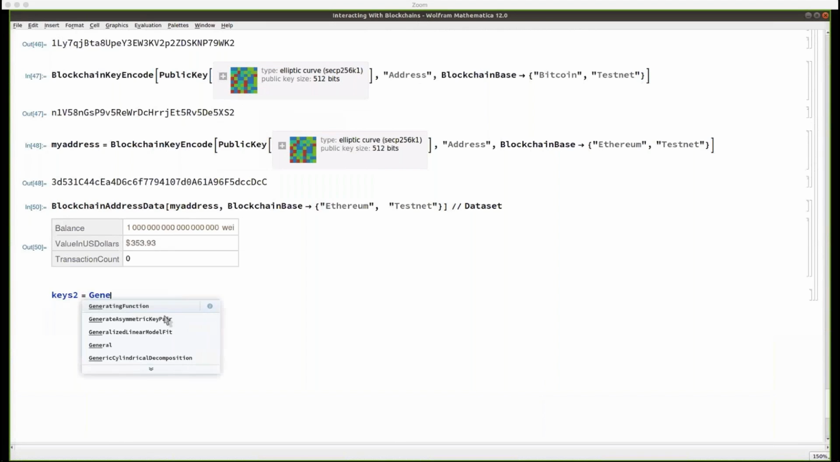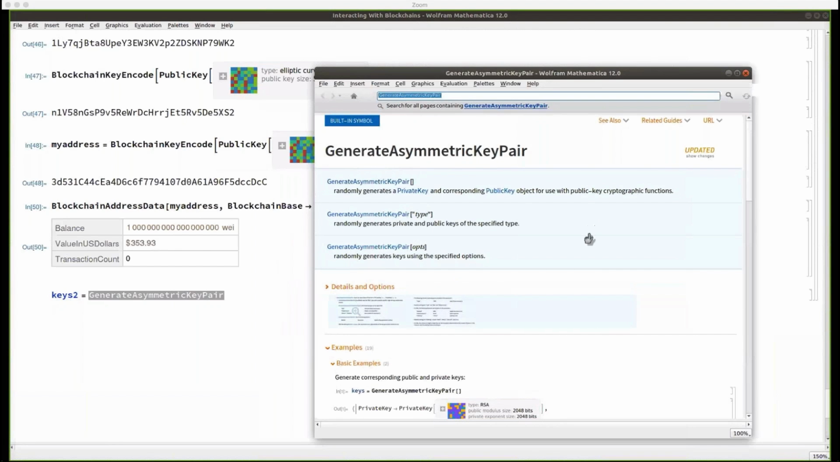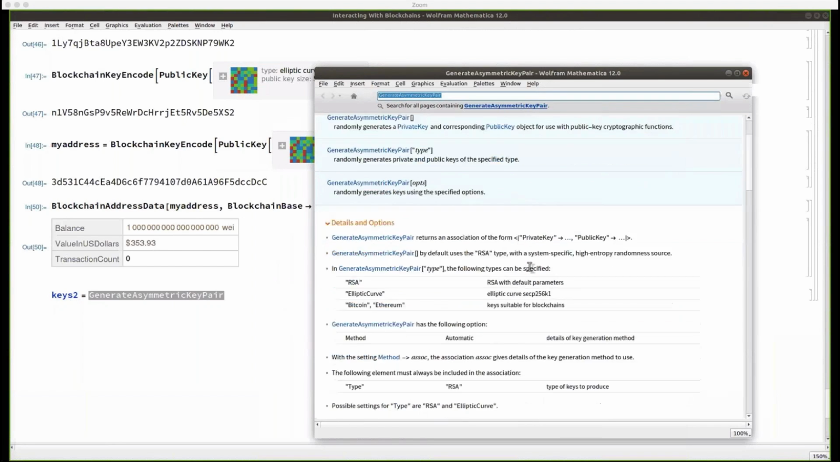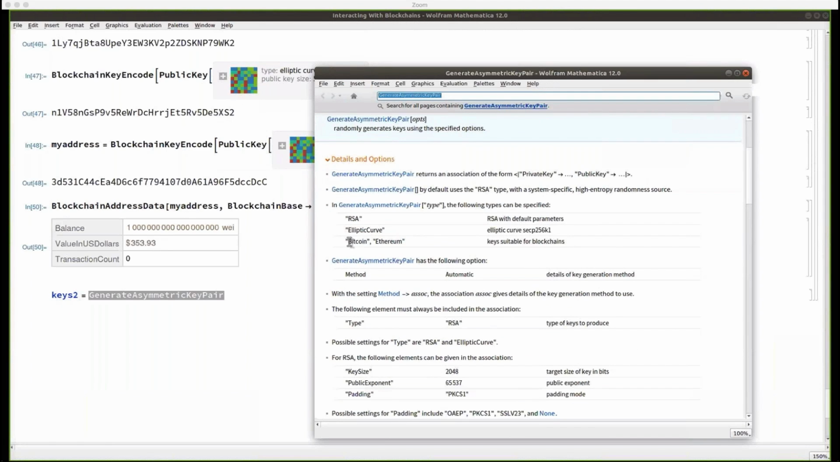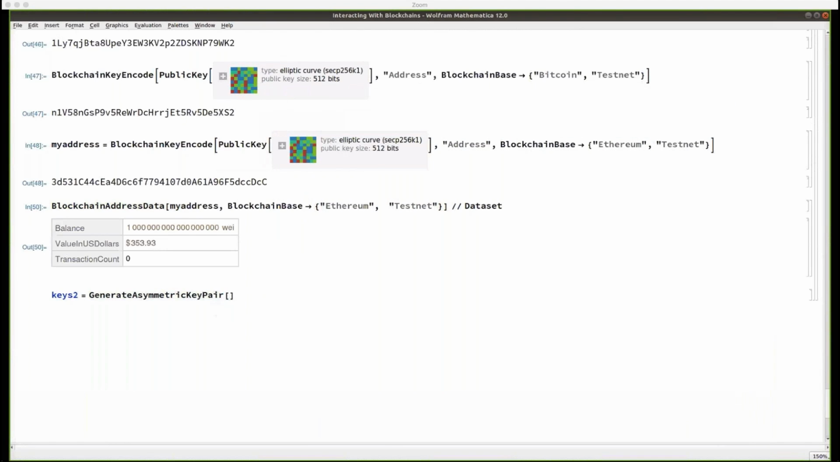to create a new pair of keys. So let's say generate symmetric key pair. Also, if you go to our documentation, our methods are documented here. In this case, the elliptic curve we support is the one used for Bitcoin and Ethereum, but we are working on adding more curves. All right, so let's create another pair of keys,